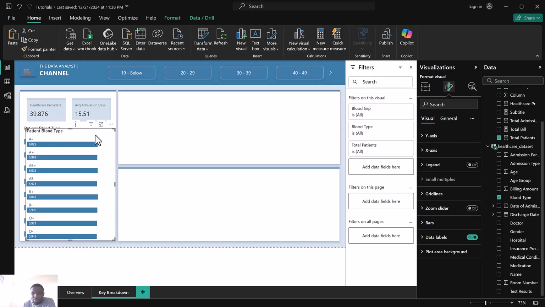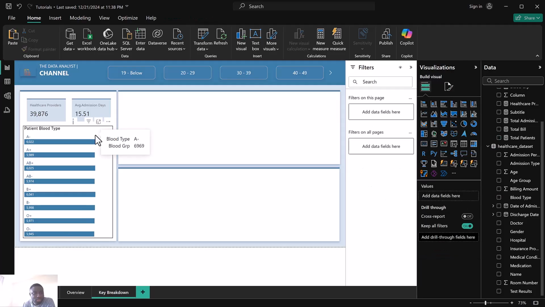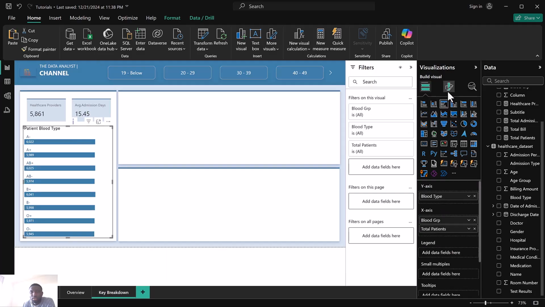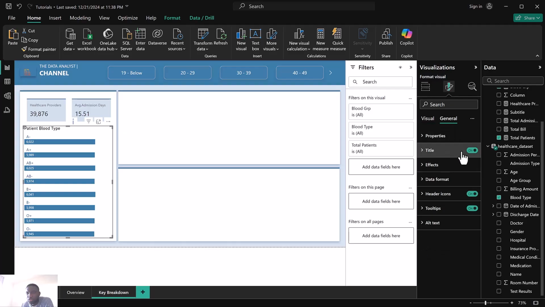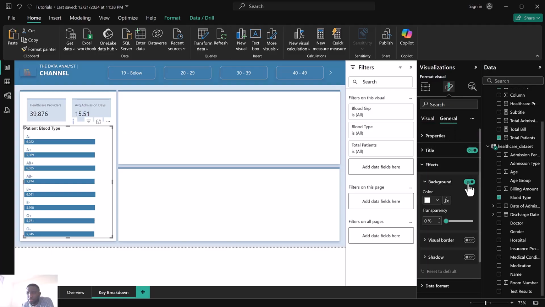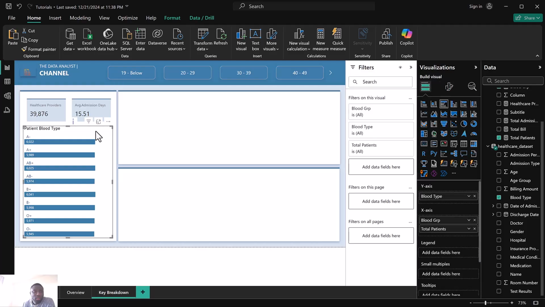I want to turn off the background for this one. So I'll click, come to General, come to Effect, and turn off the background. Okay. So Control C, Control V, and I'll bring it here